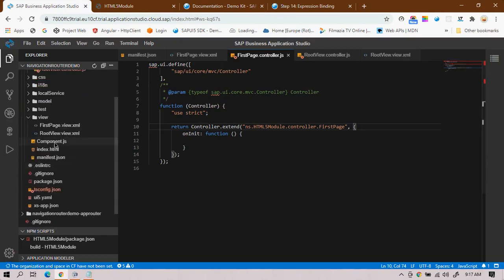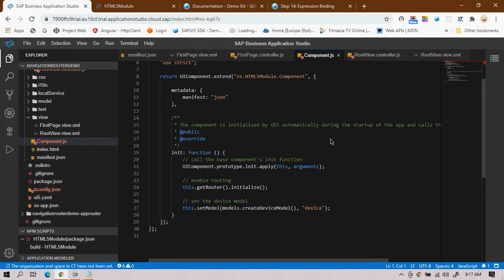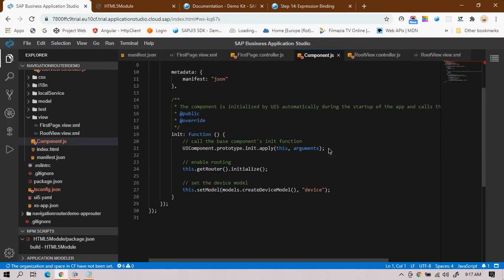There is one component.js file. In the previous version, we had to explicitly define this .getRouter.initialize in order for the navigation to work.